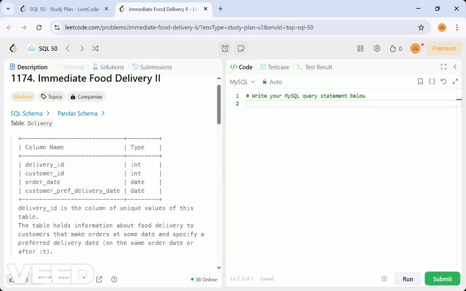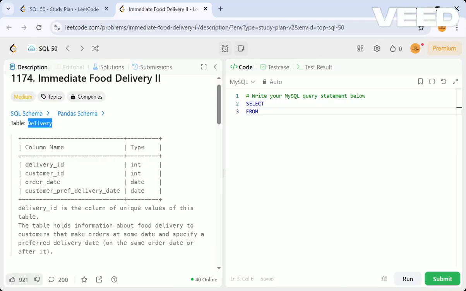So how can we solve this by writing a query? Let me start with a simple select. Whatever we have to select, we will write next. From what table do we have to take? We have only one table, so it should be taken from the delivery table itself. We can have an alias name, or without an alias is also fine. The condition we have to apply is to take everything from the first orders. We have to get the immediate percentage from the first orders, right?